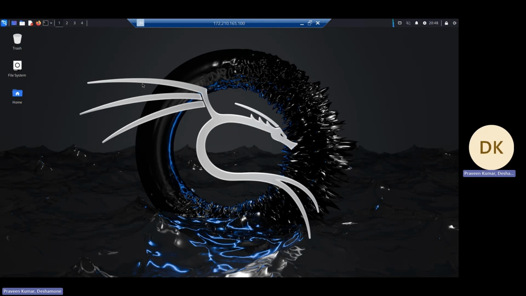So yeah, this is the Linux hosted on the Azure VM with the proper